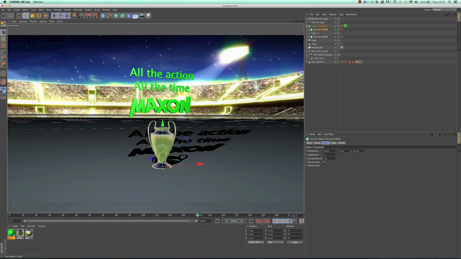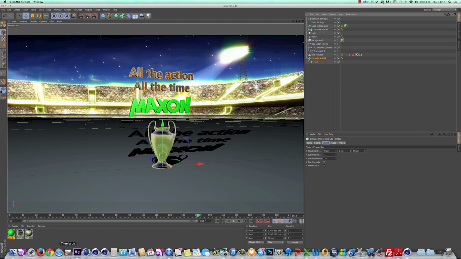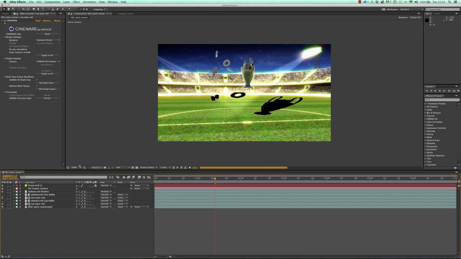So what we're going to do in this case is I'll drag that out again, and I'm going to use a couple of different tools here. What I'm going to do at this point though is just save, and we will just flick to After Effects, check that's updating, and again we've got this problem with the buffer, so we need to add this text to that buffer as well.